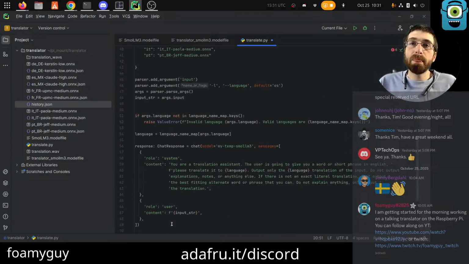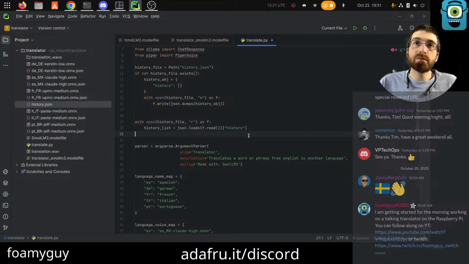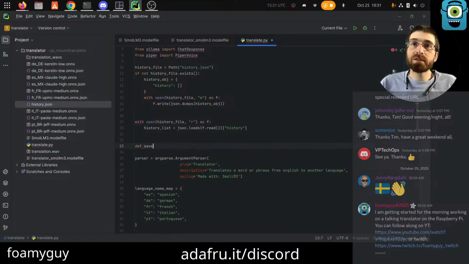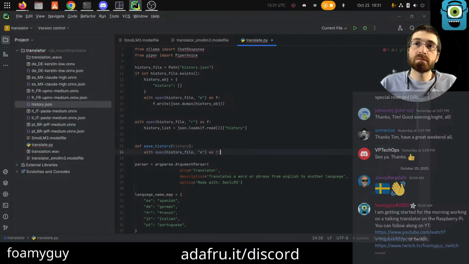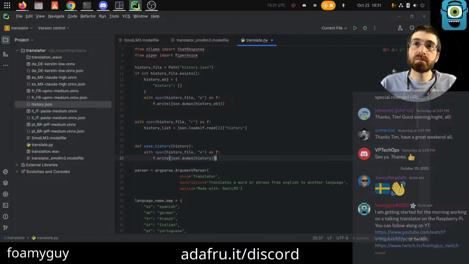Okay. Why don't we make a def save. Right, we do need an object. Actually do history object. We'll modify the list in this and then